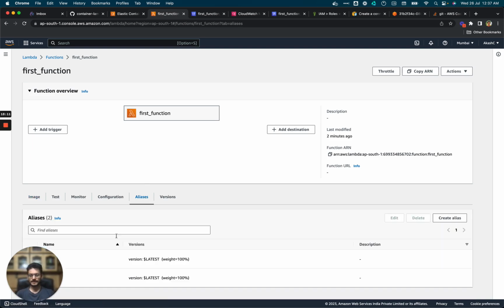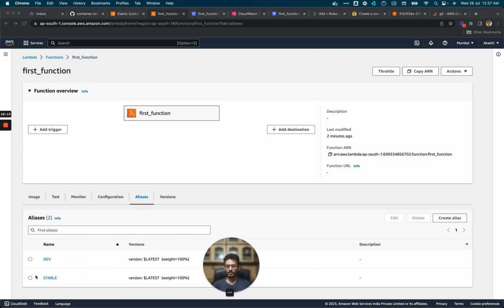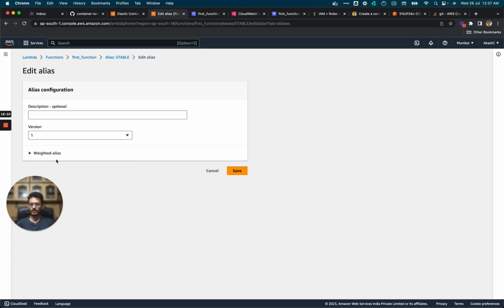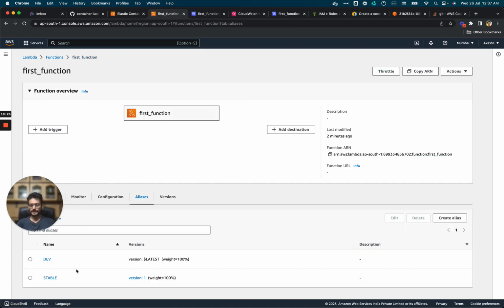And the interesting thing is, aliases give you the ability to point one of the aliases, edit it and point it to a version. Okay, so with the setup that you see here now, stable points to version 1, which we have just created. Dev points to the latest. So now we have completed the overall setup. Now what does this mean? This means that now,